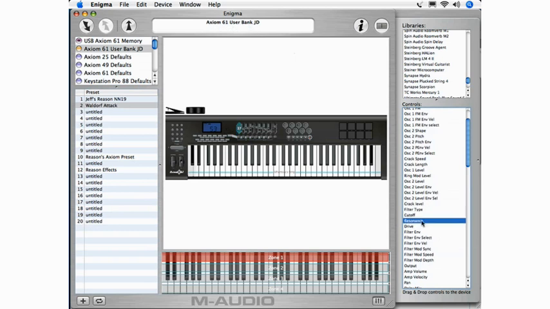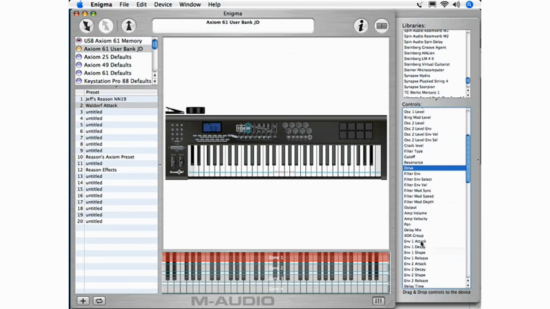And I like number 2 to be resonance. So I'll drag that over. And here's a drive control. That'd be kind of interesting there. Then my last, or 5 through 8 drawbars, I like to have ADSR on those. So we'll put our envelope attack and decay. Oh, I missed. Decay,